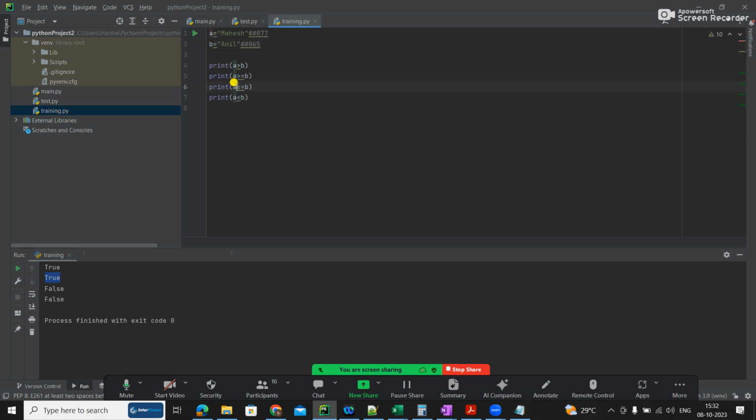But when I say Mahesh lesser or equal to Anil, internally it is comparing 77 with 65. 77 lesser or equal to 65 is false. So it's just comparing the inside values.